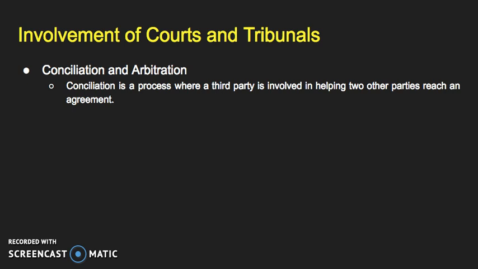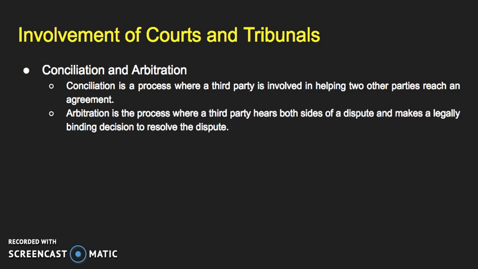If conciliation fails, the matter may be referred to arbitration if it is in the award or agreement, or if the parties agree. So arbitration then is the process where a third party hears both sides of a dispute and makes a legally binding decision to resolve the dispute. In this situation, a member or a panel of members hears both sides of the dispute in a more formal court-like setting. A judgment, for example an order, is handed down based on the merits of the evidence that becomes legally binding on all